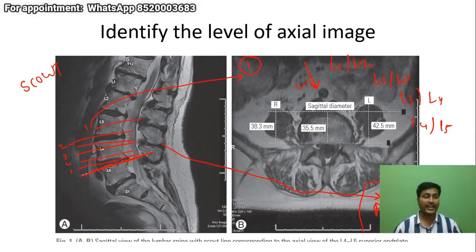Oh, am I being overlapped by the image? I think I will not be able to change it now, but just identify that the level of the disc is made out by corresponding it with the scout image. Either the scout image is given as a PIP over here, from which you can make out, or each cut is given a number and that number is displayed over here. So we'll have to correlate these two things to come to a conclusion.